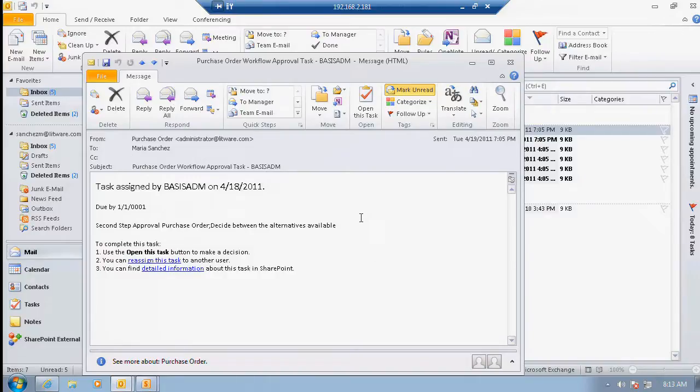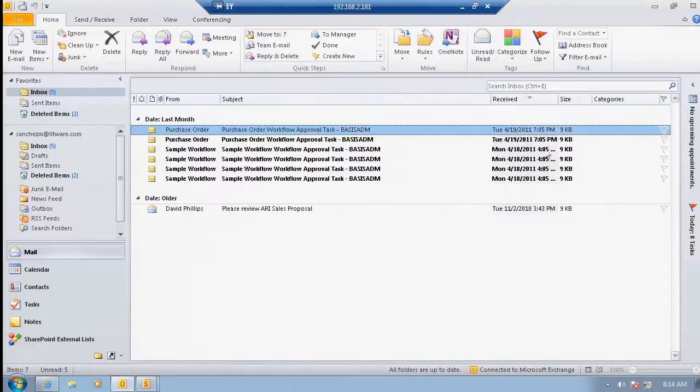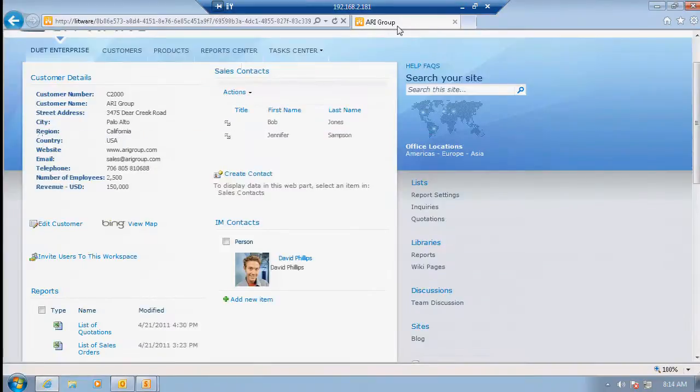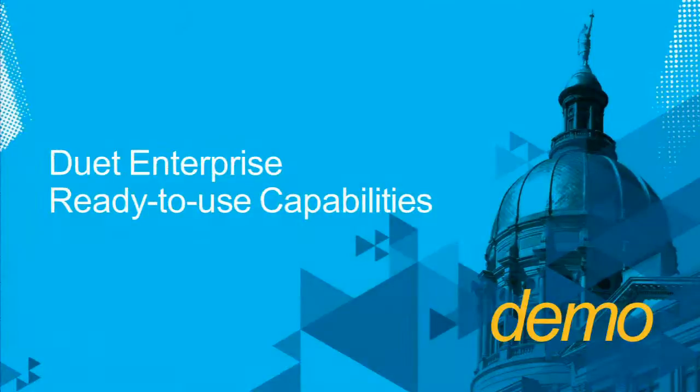Now, if Office 2010 is not on the desktop, but you have Office 2003 or Office 2007, then of course you have the links directly in the email that take you back to the SharePoint site, and you can approve the workflow there. So with Office 2010, you get some additional capabilities here. All right, so that's the ready-to-use capabilities that we have in Duet Enterprise, and those are out of the box